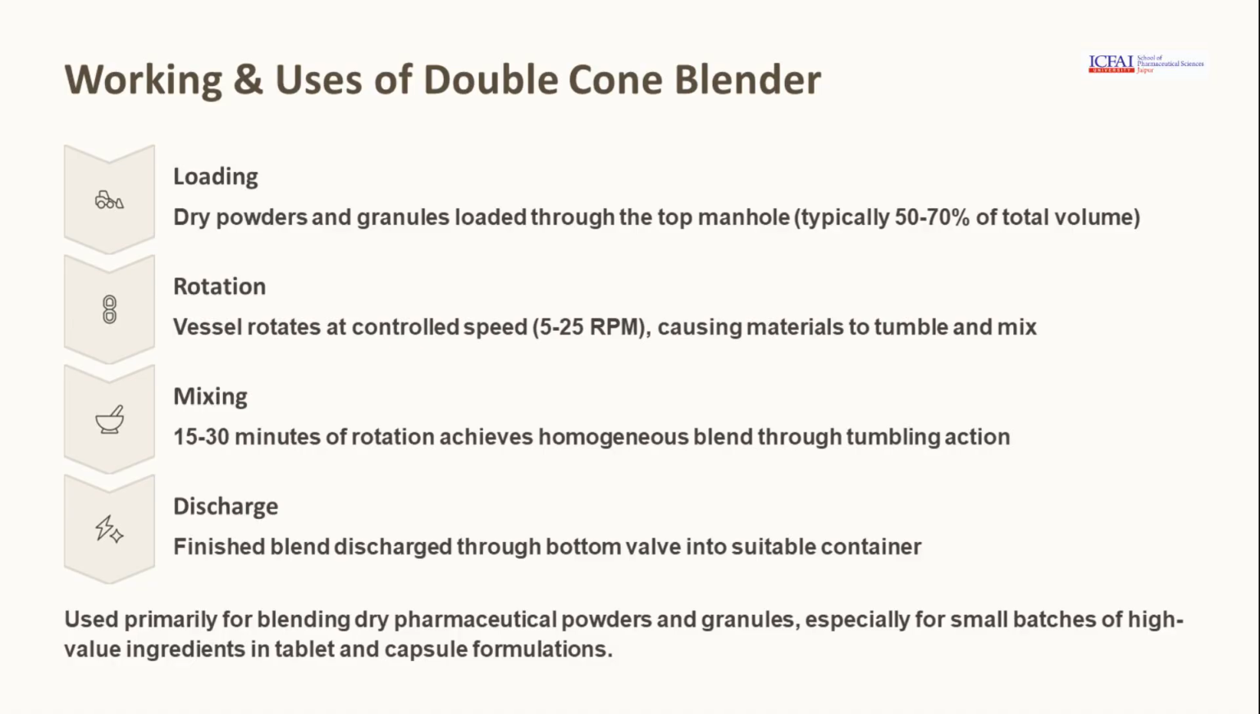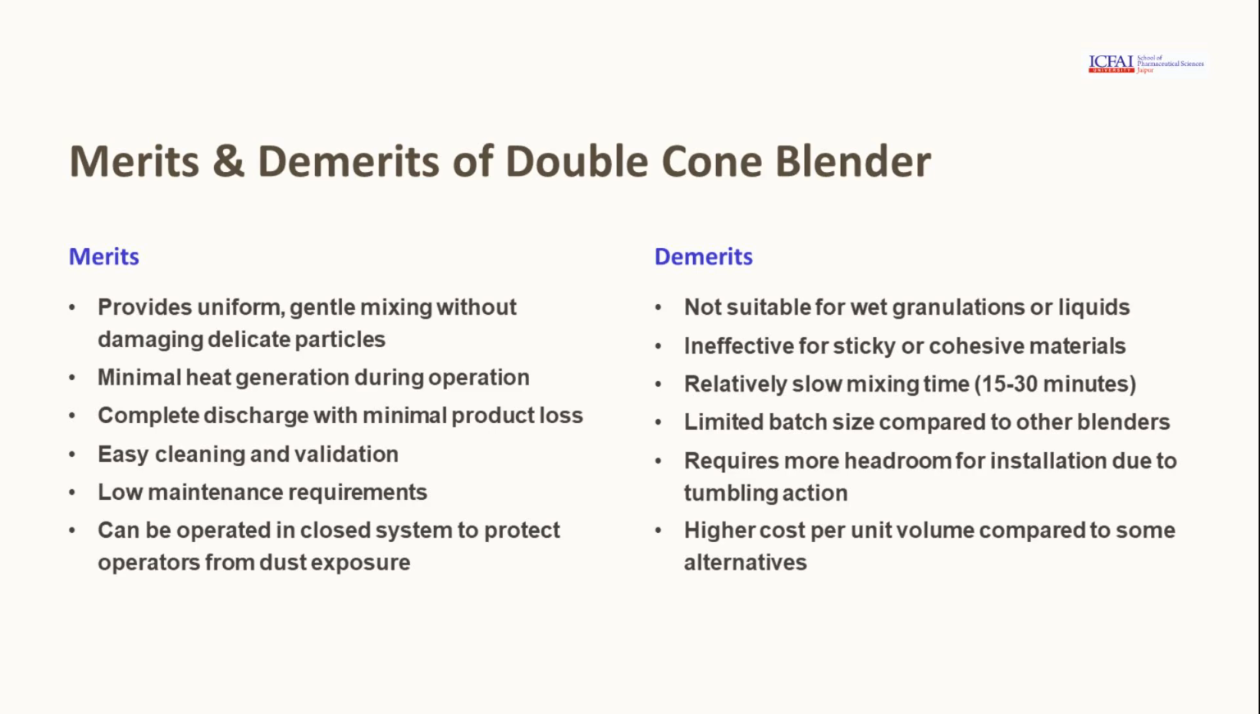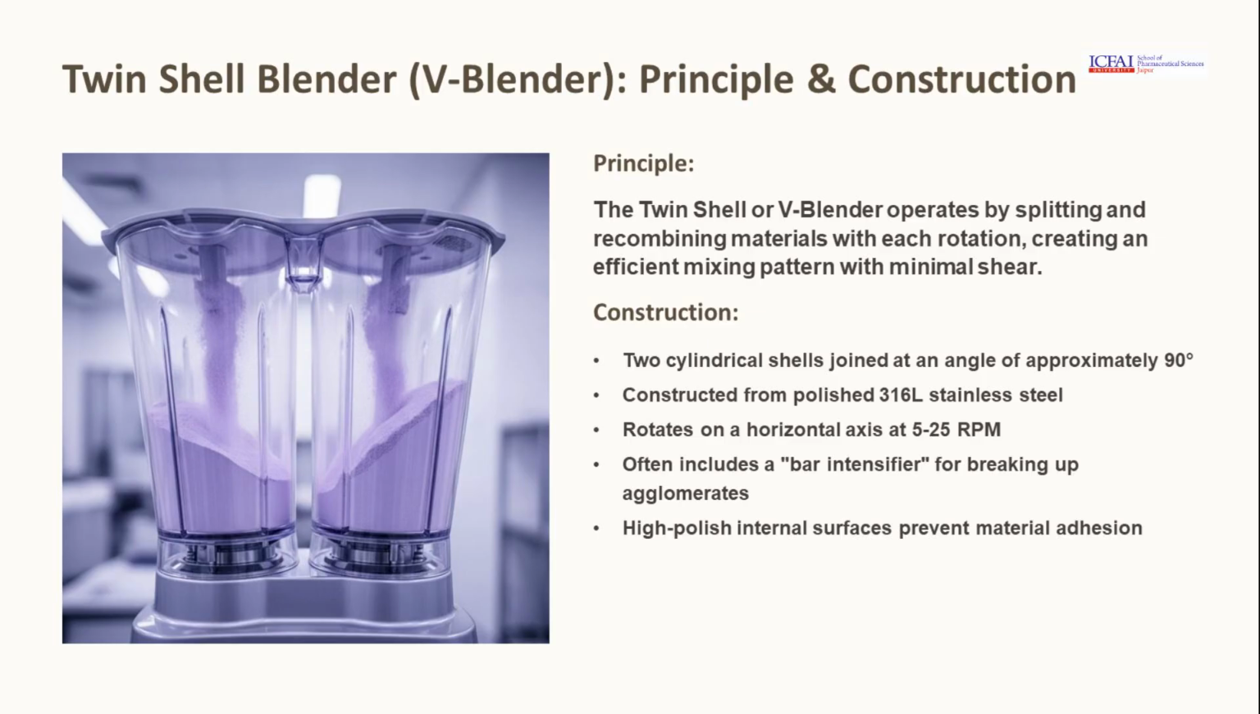and tumbling action. The double cone blender offers uniform mixing with minimal heat generation, but is less suitable for wet granulations and has a higher cost per unit volume. The twin shell blender, or V-blender, uses a unique design to split and recombine materials, creating an efficient mixing pattern